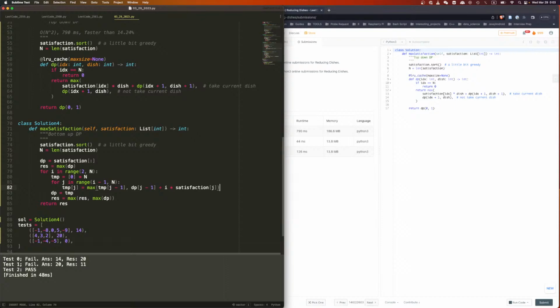Okay. That's not right. That's not right. That's not what dp is. Because the maximum so far, up until this, what's the maximum? So that's not right. I think this shall be